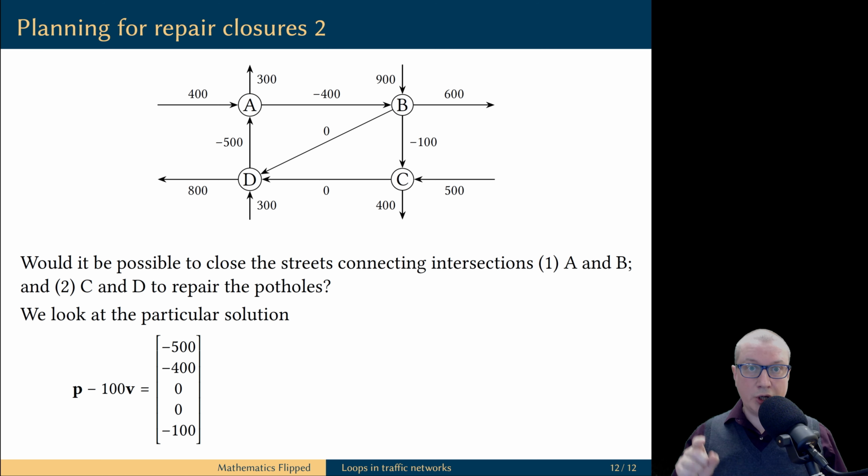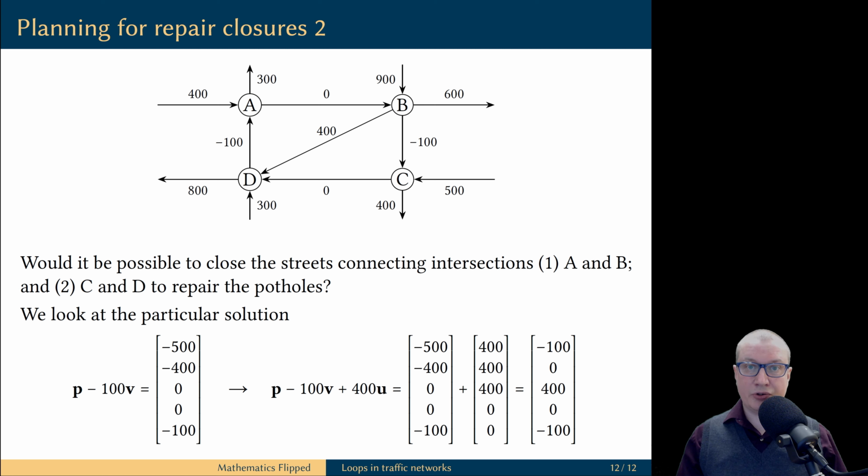But now, we cannot add this traffic to the big rectangular loop because that will change the traffic from C to D. However, we still have a second loop, a smaller loop, ABD, which does not include the branch from C to D. So let's add a traffic of 400 to the small loop. In the language of solutions of linear systems, it means we're adding a scalar multiple of the vector u, which corresponds to the loop ABD, to the previous solution. Now, both x2 and x4 are equal to 0.